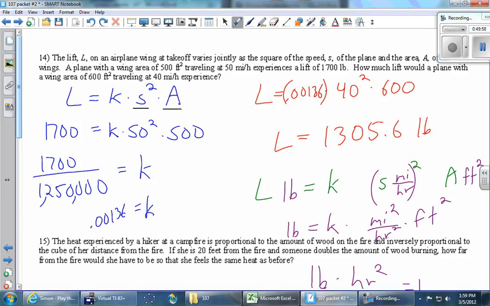If you double the area, we'll get practice with this in the very next problem, but if you double the area